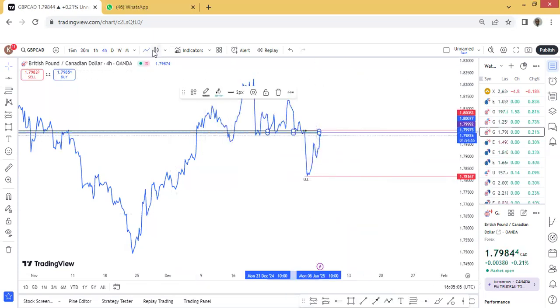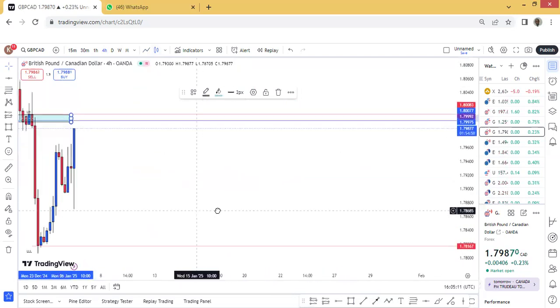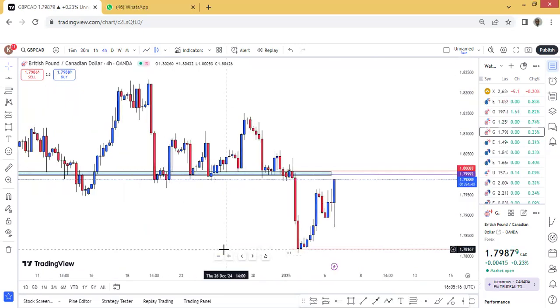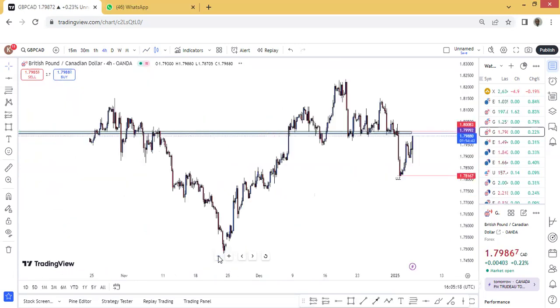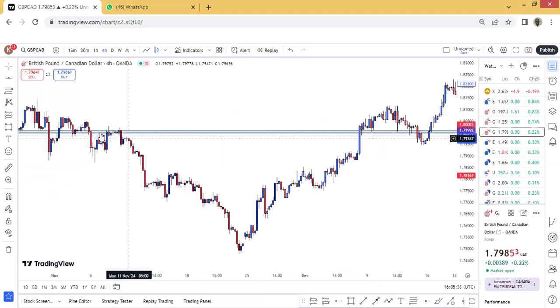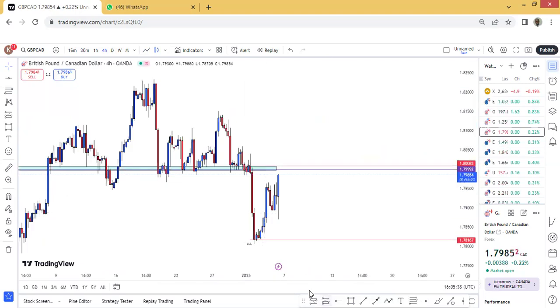Let's come to our bar chart. Now see how perfectly it aligns. Just watch it. Now that we've drawn the zone, just look at it. 1, 2, 3, 4, 5, 6, 7. Yes. So to pick this trade, you just take your distance, put your entry at the key level,